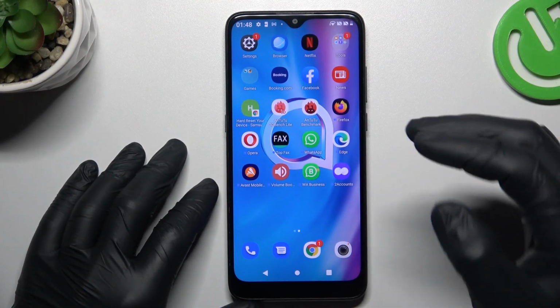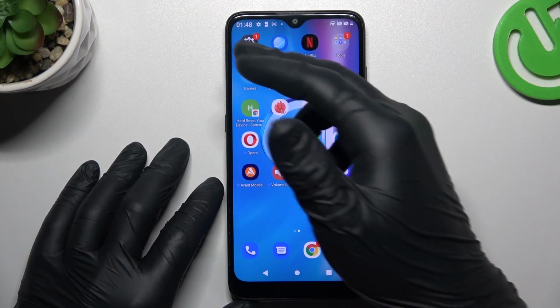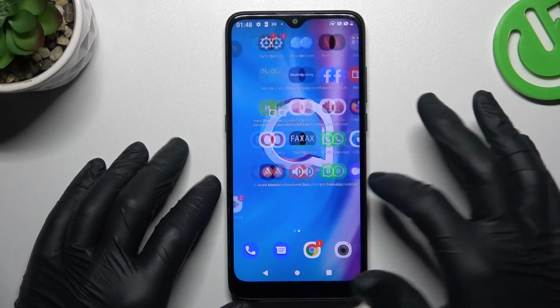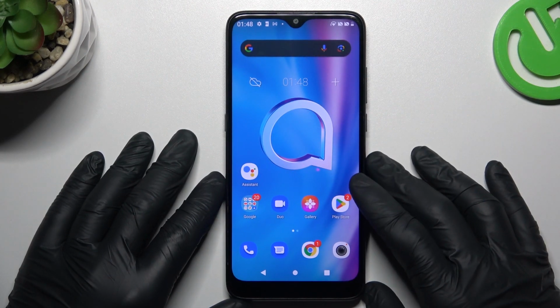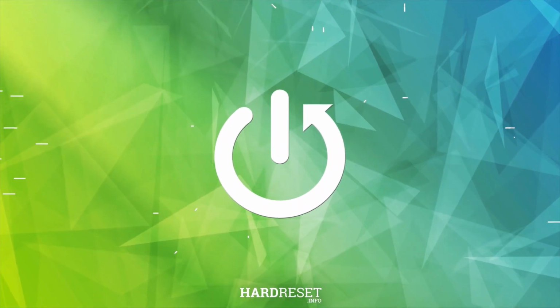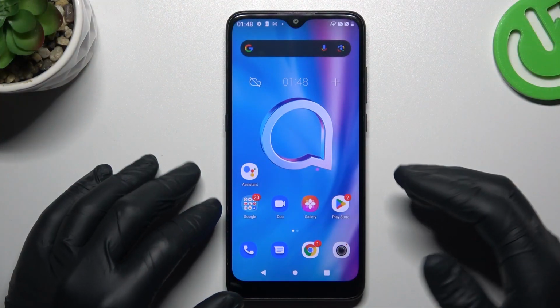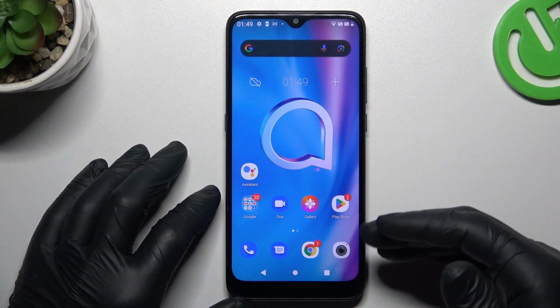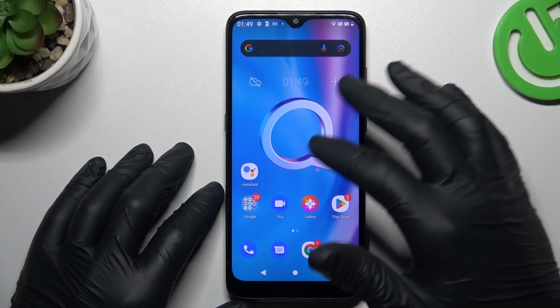Hello guys, today I'm going to show you how you can turn off the notification dots from your icons in the home screen in the Alcatel 1SE Lite. So as you can see, there we have a few notification dots, and now if you want to hide them,